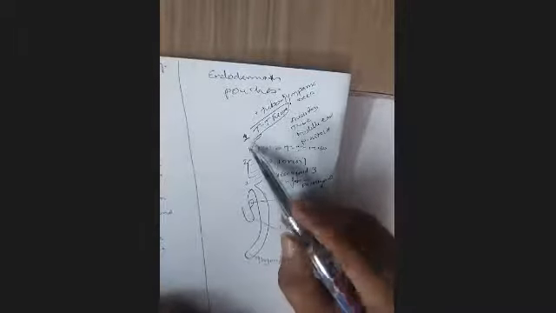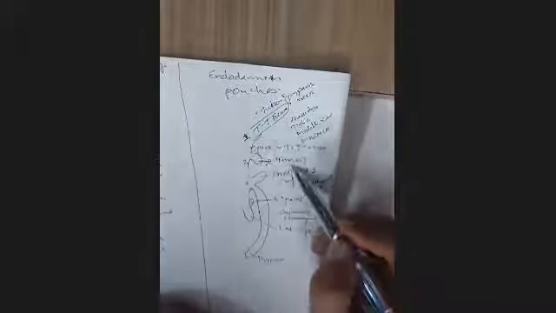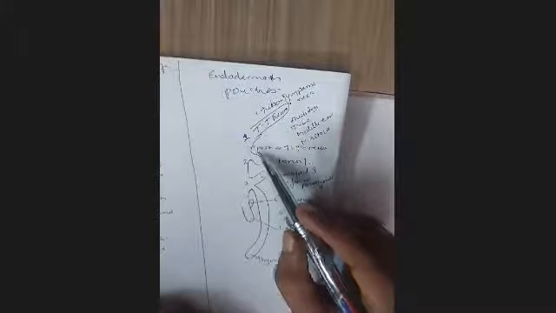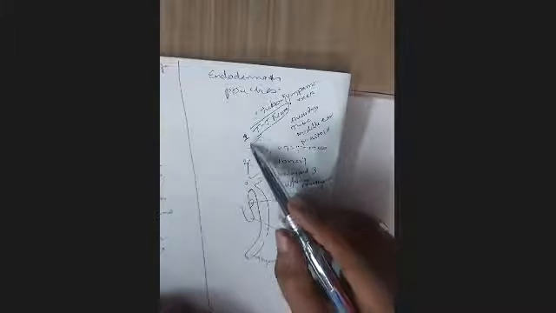Now let us talk about what happens to the pouches. So outside we said there is cleft, and inside there are pouches. So these pouches also go like this. The first pouch forms the tubotympanic recess, which gives rise to the auditory tube, middle ear, and mastoid. The second pouch has an anterior component which forms the tonsil, and the second posterior part again contributes to formation of the tubotympanic recess.